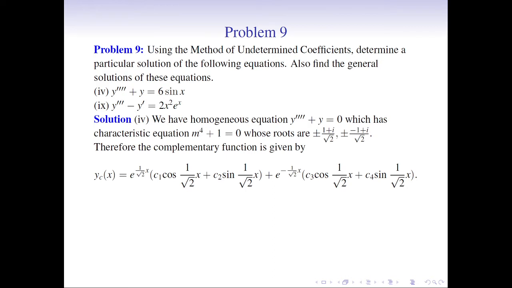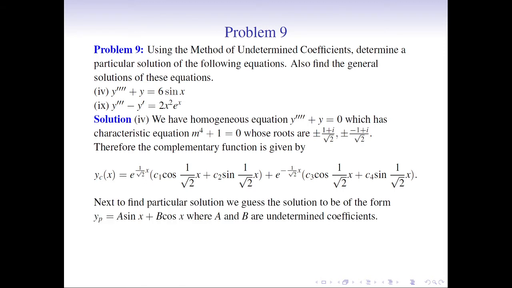Okay, so keeping that in mind, and since here there are two complex pairs of solutions, two conjugate complex pairs with us, we have here 4 terms, as we just now said. Here a is, for example in the first case, watch out here that a is equal to 1 by root 2. So we have here e raised to ax times c1 cos bx plus c2 sin bx, and so on for the other part. Okay, so this is the complementary function, so therefore we have this denoted by y subscript c.